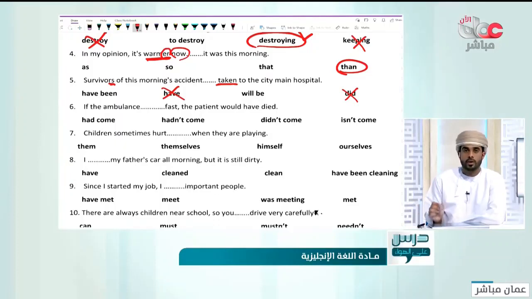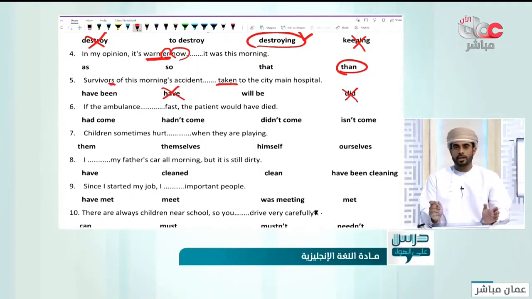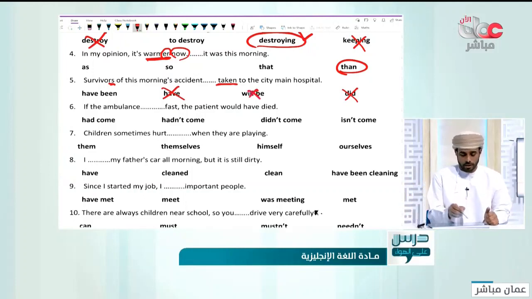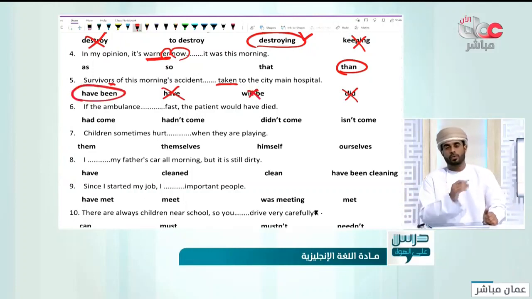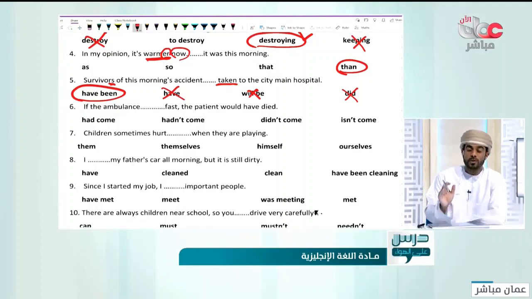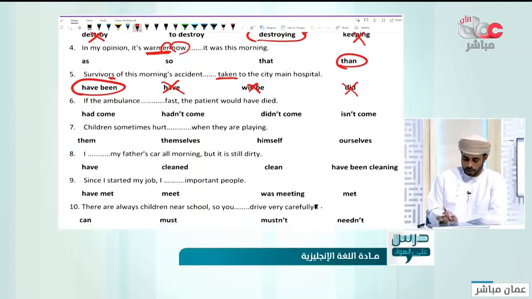Good. Let's look at the time in the sentence. Is it in the future or this morning? For example, it says this morning. Are they going to be taken to the hospital? For example, we are at noon right now, or afternoon in here. Are we waiting for someone to take them to the hospital? No, it doesn't work. So they have been taken, they are already there. They have been taken to the hospital. Good. So this is one of the techniques that you can use to see which word won't work with the